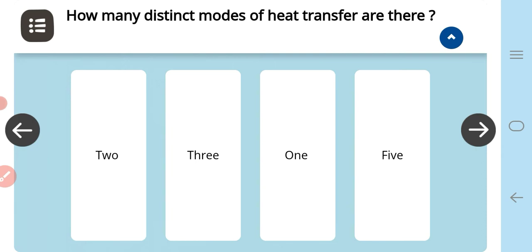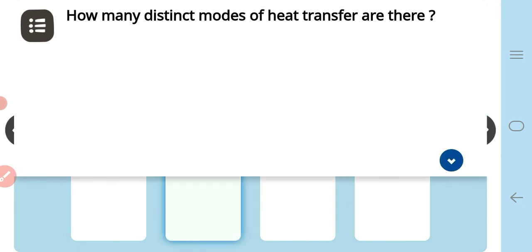The first question is, how many distinct modes of heat transfer are there? Distinct means different. So the options are 2, 3, 1 and 5. We all know that there are 3, but do you know what they are? Let me tell you. There are 3 modes of heat transfer. First is